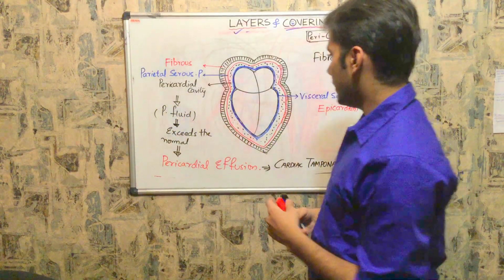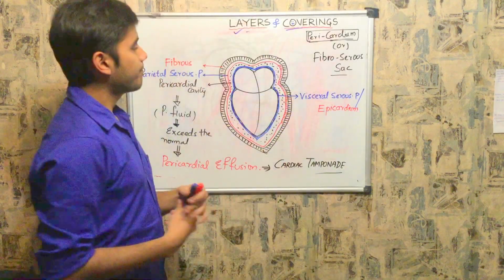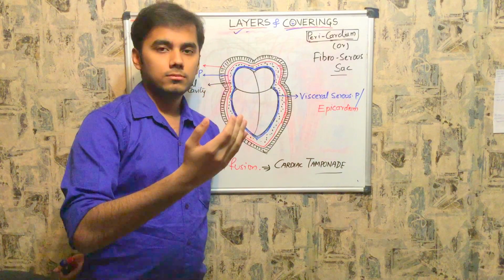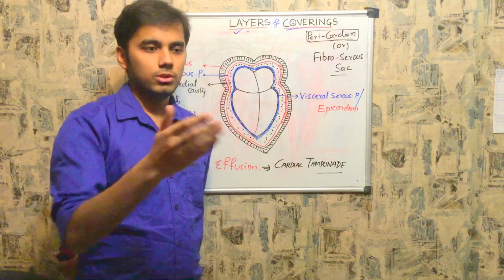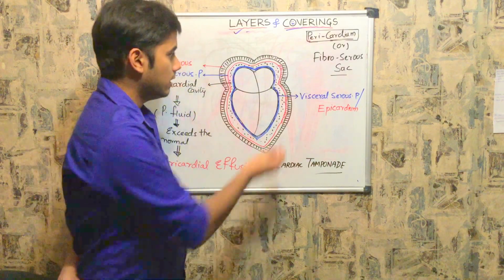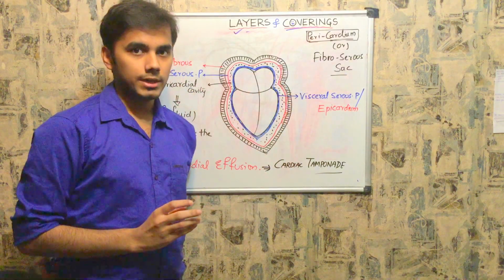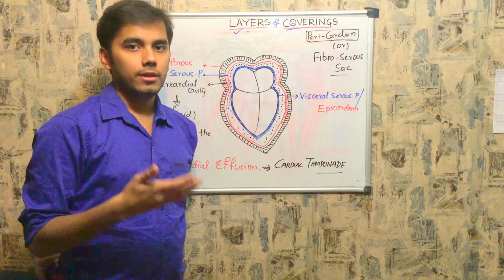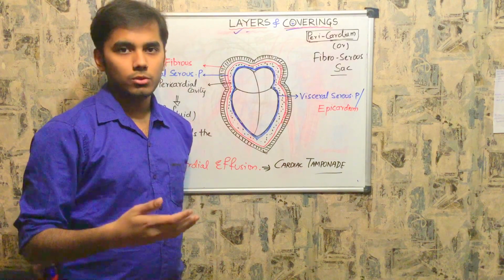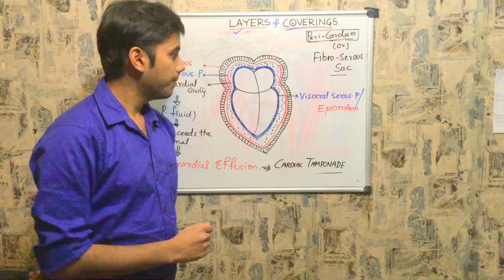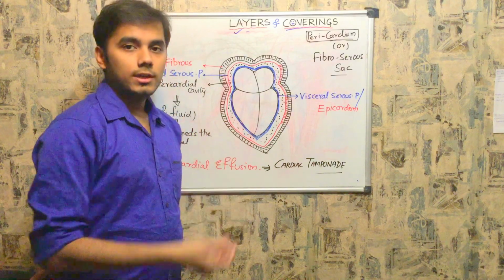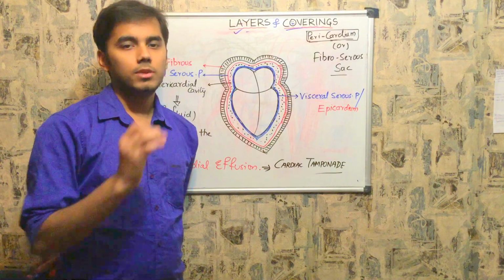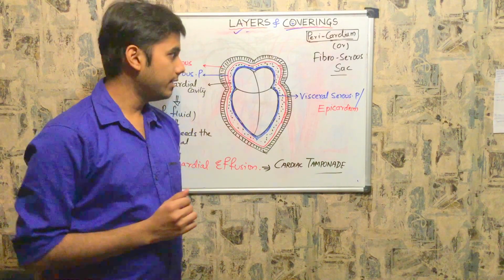So, a brief review. Layers of the heart: there are generally three layers. The epicardium, which is made up of very thin connective tissue, and the middle myocardium, the major chunk of muscle. Some areas of myocardium are specialized, called the sinoatrial node, AV node, Purkinje fibers, and so on. The innermost layer is your endocardium, and if there is any inflammation of the endocardium, you call it endocarditis.